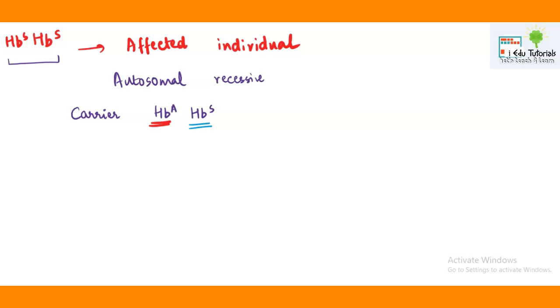However, if we are talking about a normal human being, then the genotype of a normal human being will be written like HbA. Now, this sickle cell anemia is also an example of pleiotropy, because the carrier individuals that have the genotype